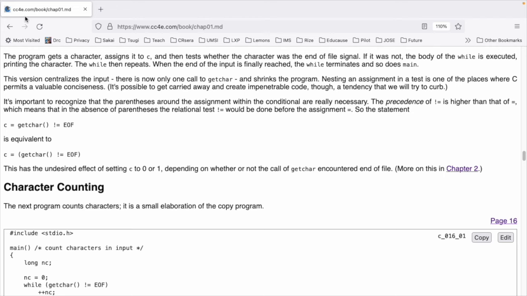The precedence of != is higher than that of =, the assignment operator, which means that in the absence of parentheses, the relational test != would be done before the assignment =. So the statement c = getchar() != EOF is equivalent to c = (getchar() != EOF). This has the undesired effect of setting